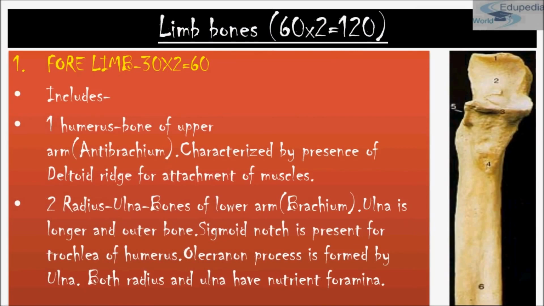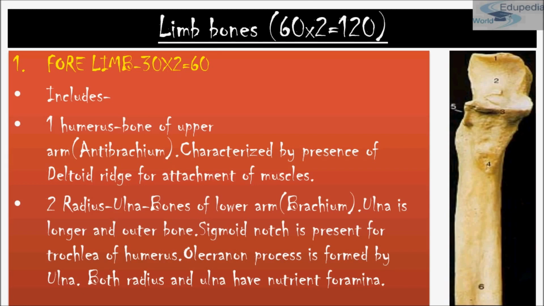Now we'll be studying about the limb bones first. That is a part of your human appendicular system, and they are around 120 in number. And then comes your forelimb. We'll study about the forelimb first, and then we'll study about the hind limb. So the forelimbs are about 16 in number, because we have two